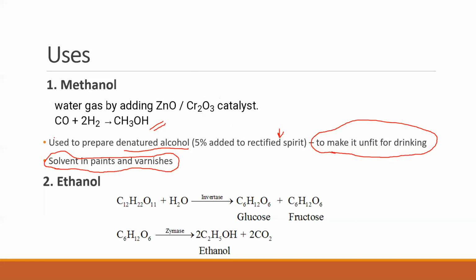methanol. Why is adding methanol dangerous? Because methanol is poisonous. Even traces of methanol in alcohol will immediately result in blindness. It will result in failure of vital organs, and if the concentration is too high, it will result in death. Now, this is the single most common cause for death in villages where people drink illicit liquor.